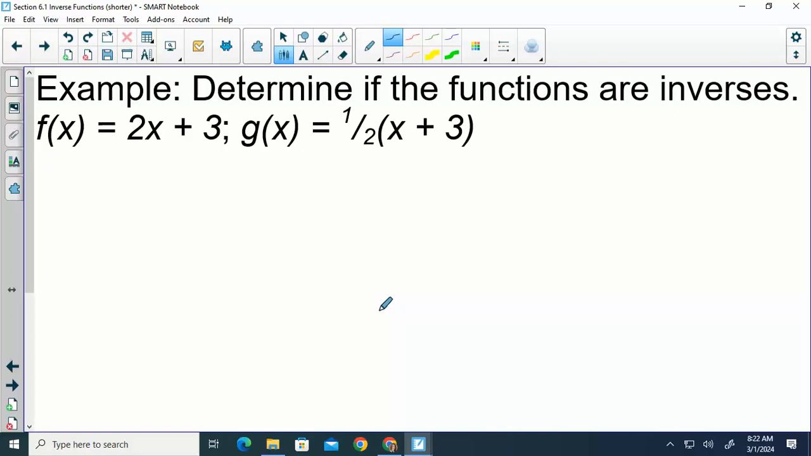So I want to decide if these are inverses of one another. So what we're going to have to do is put one into the other. So if I ask you to do f of g of x, g of x is the inside. There is my g. So if I put that into f,